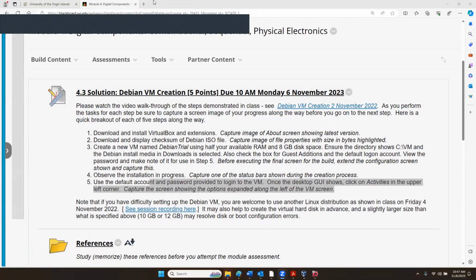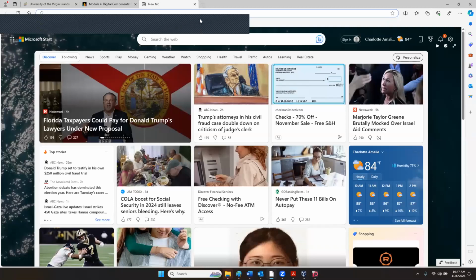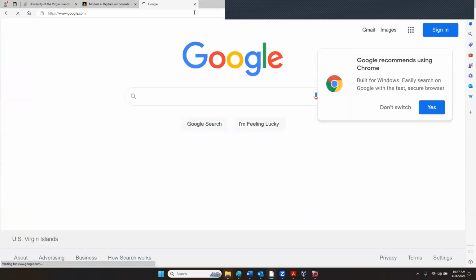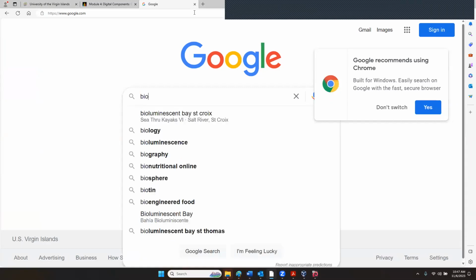So oftentimes when you get an error message like that and it just says, I can't do virtual machines, what's going on is that you have this